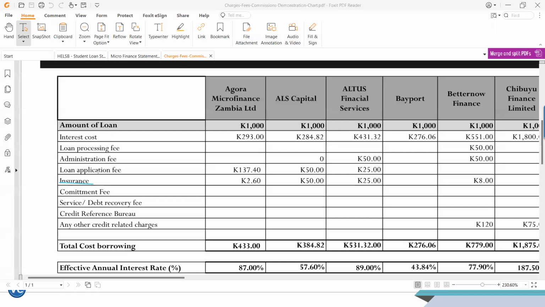So all these essentially represent the fees that Bank of Zambia has authorized these companies to charge. You are going to have the interest cost, which is essentially the amount of interest that you're going to pay. Then you have a loan processing fee, administration fee, loan application fee, insurance, commitment fee, debt recovery fee, credit bureau reference. So this is when they do a credit check on you, and any other credit related